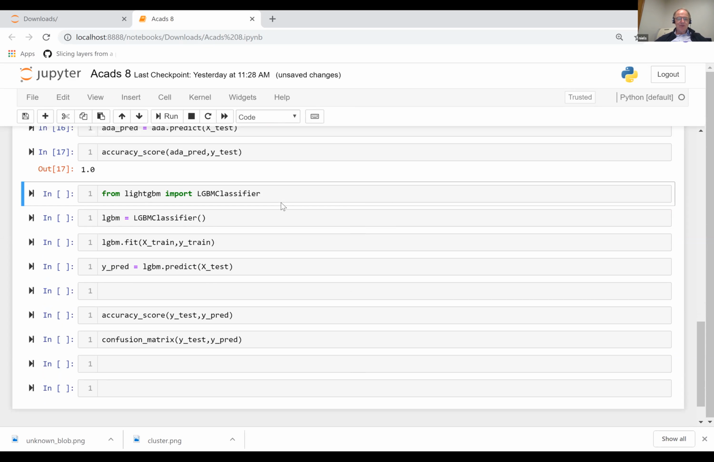So the gradient boosting classifier is not really in sklearn, but I'm using one that's called LightGBM, which is made by Microsoft, and it's very fast, so I like that. But there's another one, XGBoost,